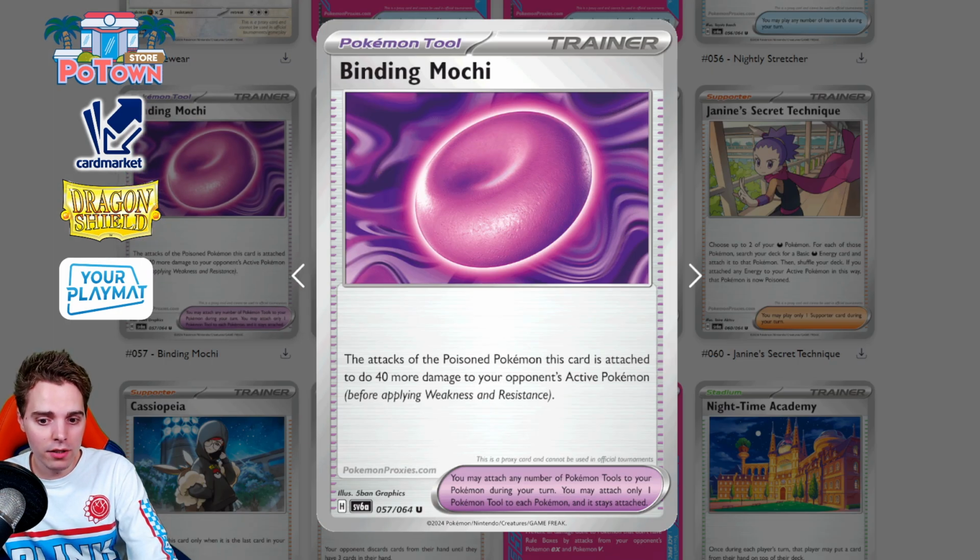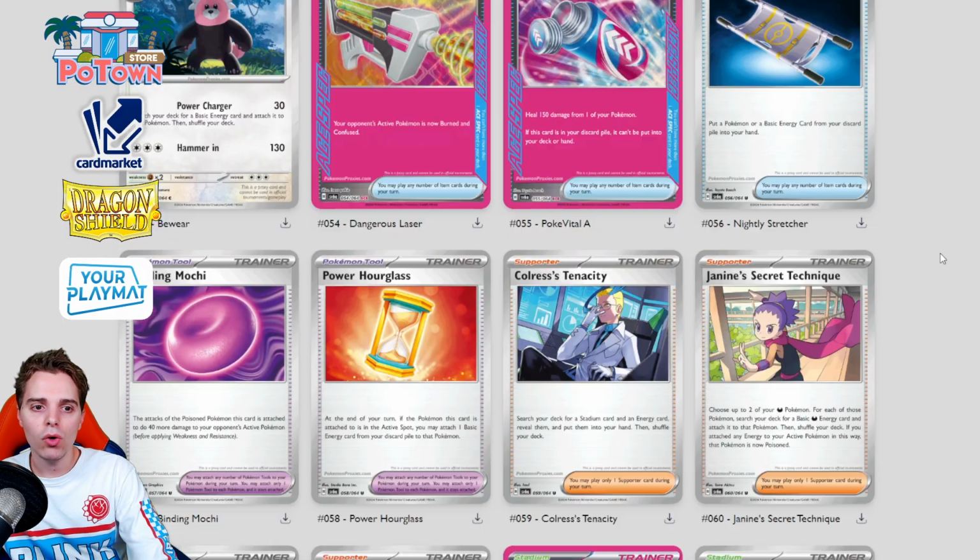Binding Mochi is very great. I could see combos going with the Brood Bonnet, poisoning yourself, meaning that you can then slap 40 additional damage. 40 additional damage is strong on a tool card, even though you poison yourself. Can this be some math fixers for specific archetypes? Some decks want to be playing maximum Bouffalant, but also want to have stuff like Prime Catcher, and now you might have a combo, but then flooding your deck with annoying cards like Brood Bonnet. I don't see it happening, but it will of course be used in